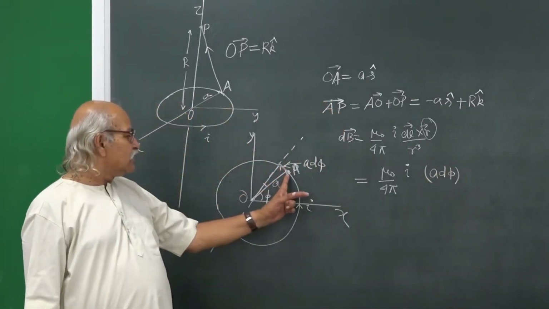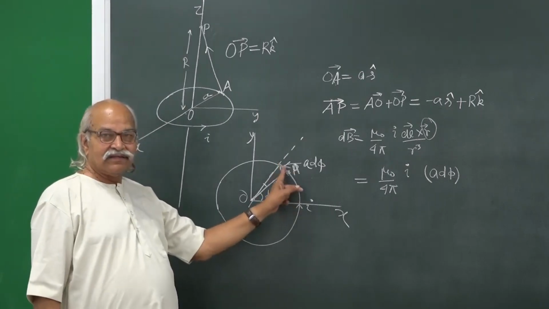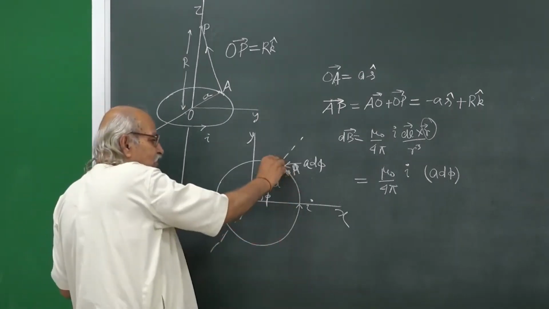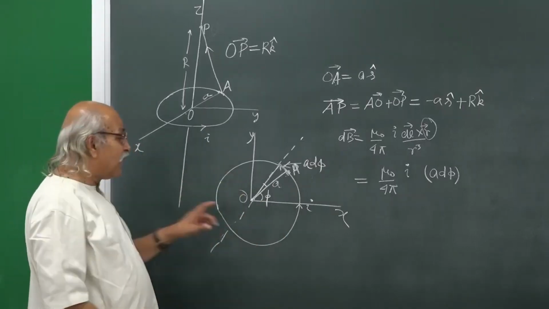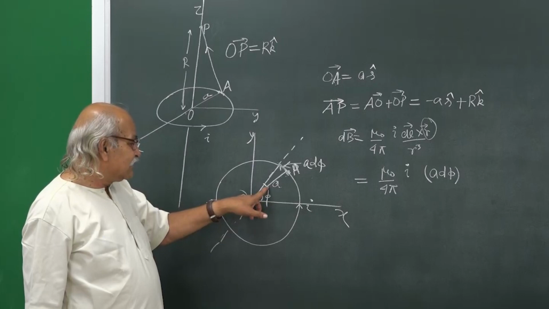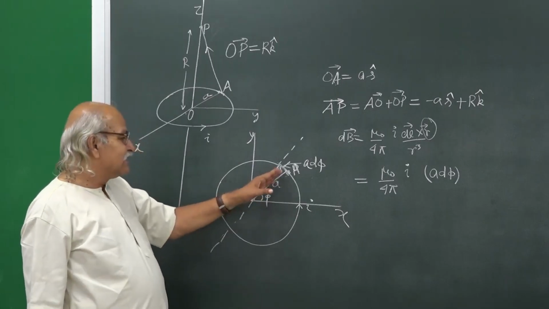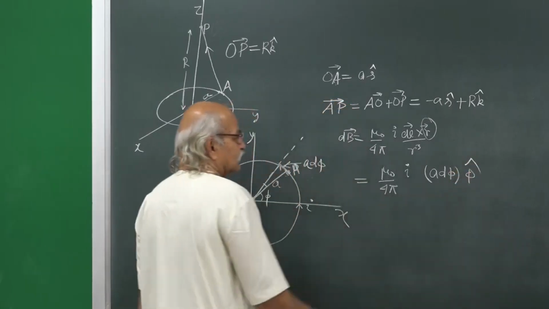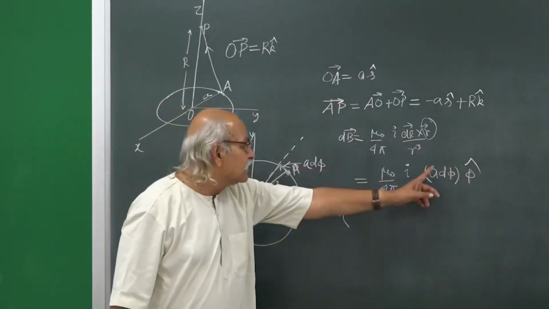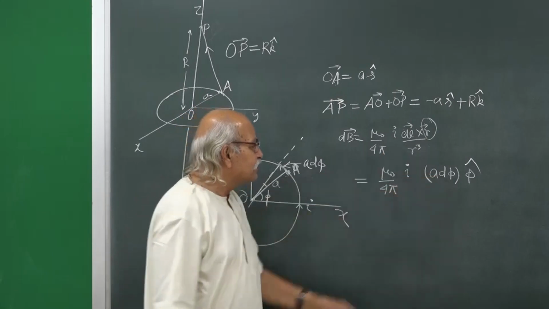What is the direction? We are turning like this, parallel to the xy plane. That is our phi cap direction. Phi is increasing, so this is the phi cap direction. That is the dl vector. So I and then dl vector cross